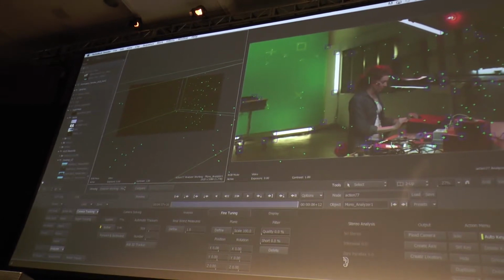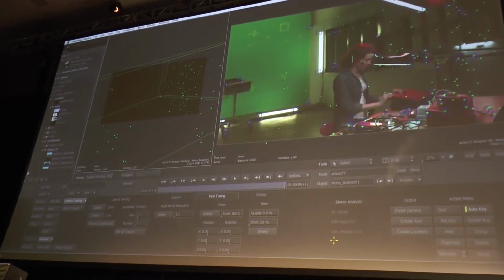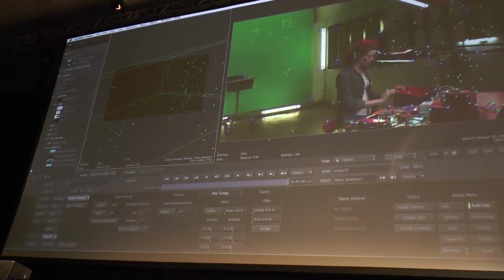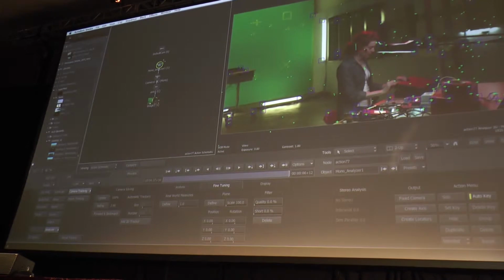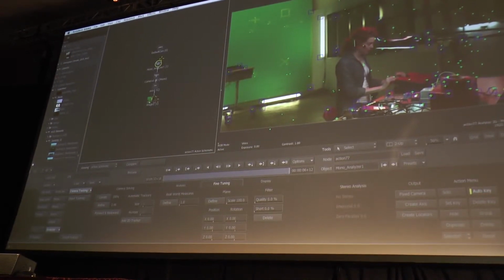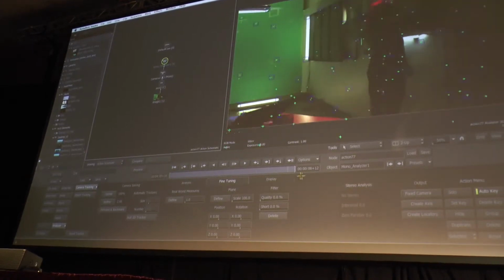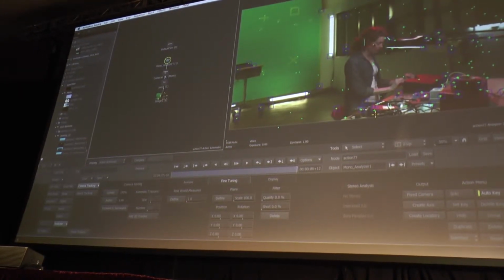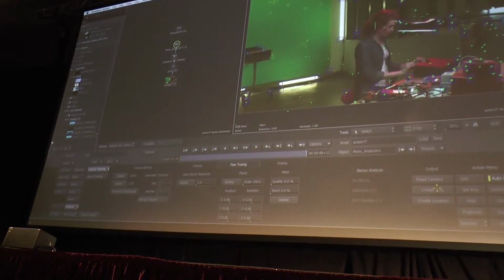So now this means it's going to resolve the camera based on only the clean trackers that I just created, and it'll give me a better result. That's done. Let's go to my schematic once again. As you can see, I have no axes yet. What I love about this is you choose what trackers you want to have as axes, because there's just so many. I don't want to have too many. But if I select one right here on the table, I'll take that one actually, and I choose Create Axis,